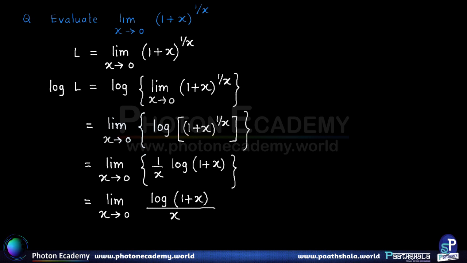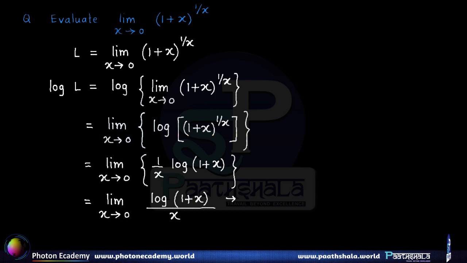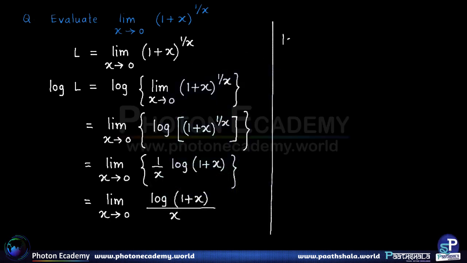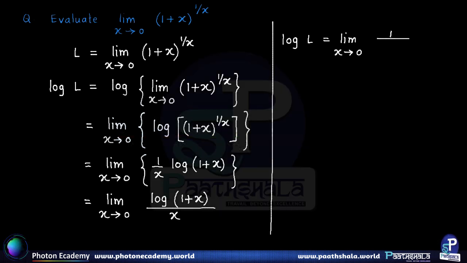Now if you put x equal to 0, you get log of 1 which is equal to 0. So the numerator tends to 0, and since the denominator is already x which also tends to 0, we have got the 0 by 0 form. So that qualifies for L'Hopital's rule. Now the left hand side is log L, and on the right hand side we use L'Hopital's rule. For that we have to differentiate the numerator, and the derivative of log of (1 plus x) is 1 upon 1 plus x